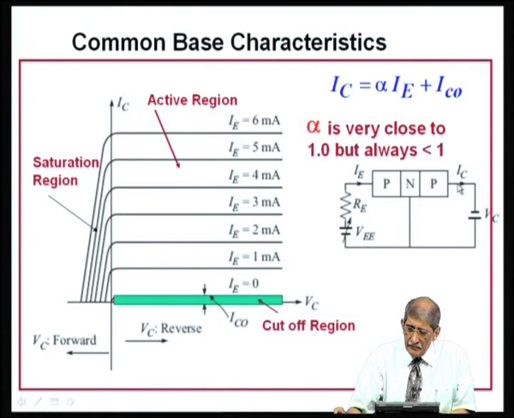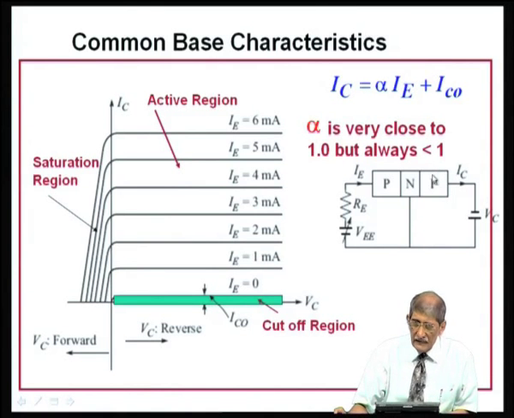what happens? If I make this plus and this minus, you are forward biasing this p-n junction, which will actually inject holes from the right hand side to the left hand side. So, here you are injecting holes from the emitter to the collector, okay, but you are holding this current constant. So, whatever holes are pumped back will flow back to the base, but across the junction the current will be due to injection of charges from emitter to collector minus injection of charges from the collector to the base, that will